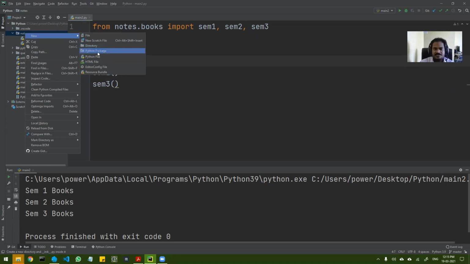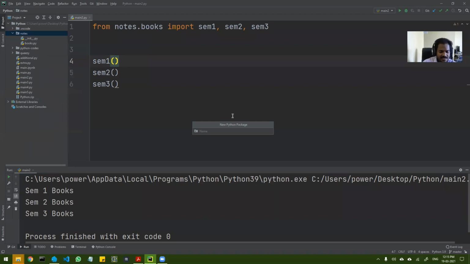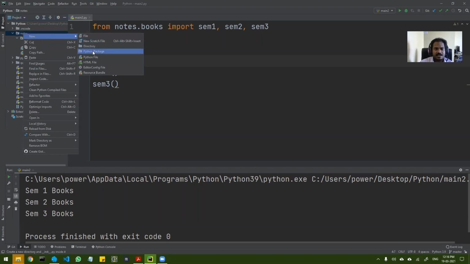So let's try that। so let's make Python package and let's say sem1, okay। so I am giving the name sem1 for Python package। so let's run। so you can see उसने एक फोल्डर बनाया और init.py भी डाल दिया उसके अंदर, okay। so that is the beauty of PyCharm, okay। so PyCharm is specifically meant for working with Python, right। so that's why there are lots of features which are helpful, for easier writing of code, okay।